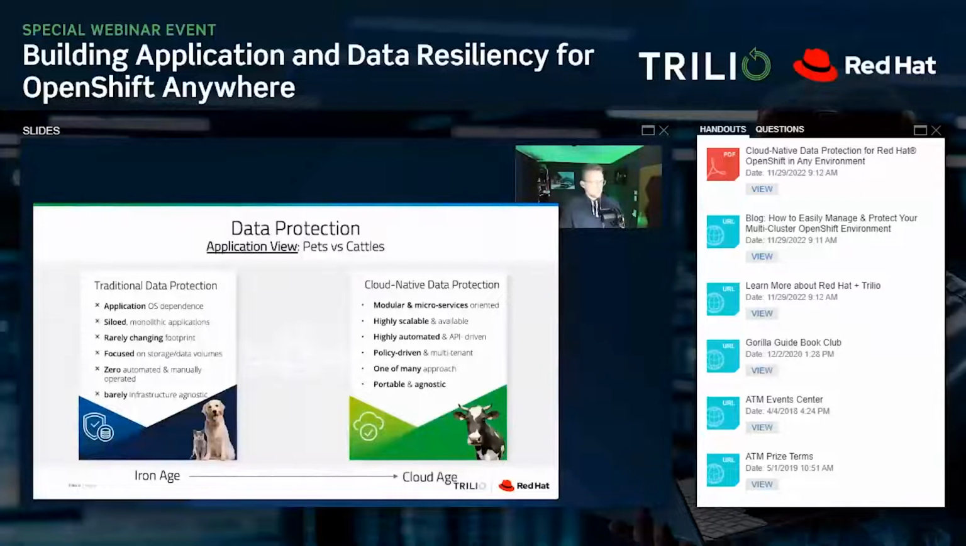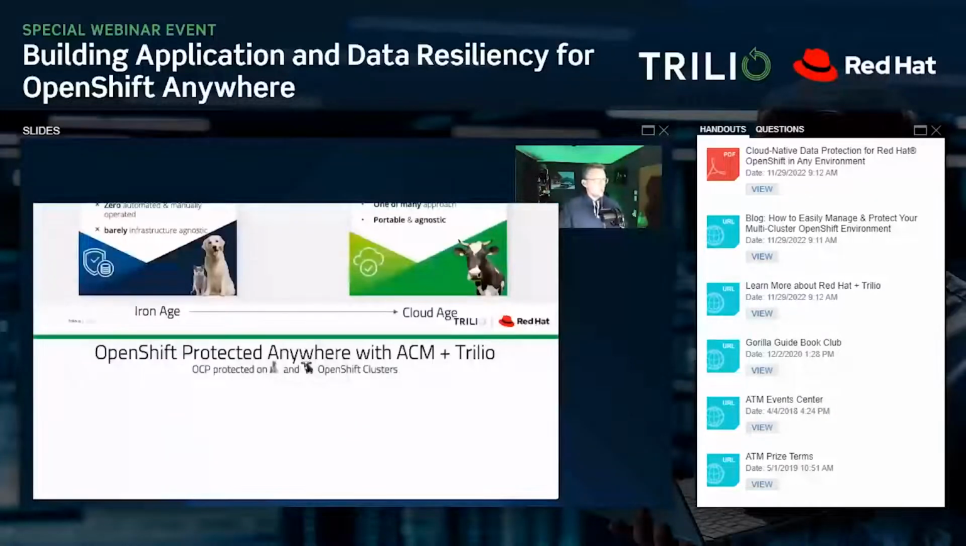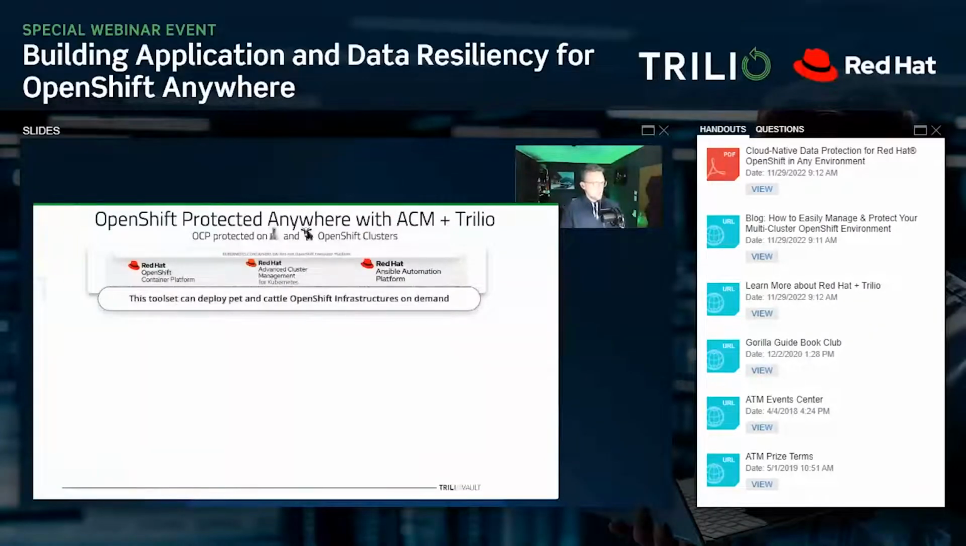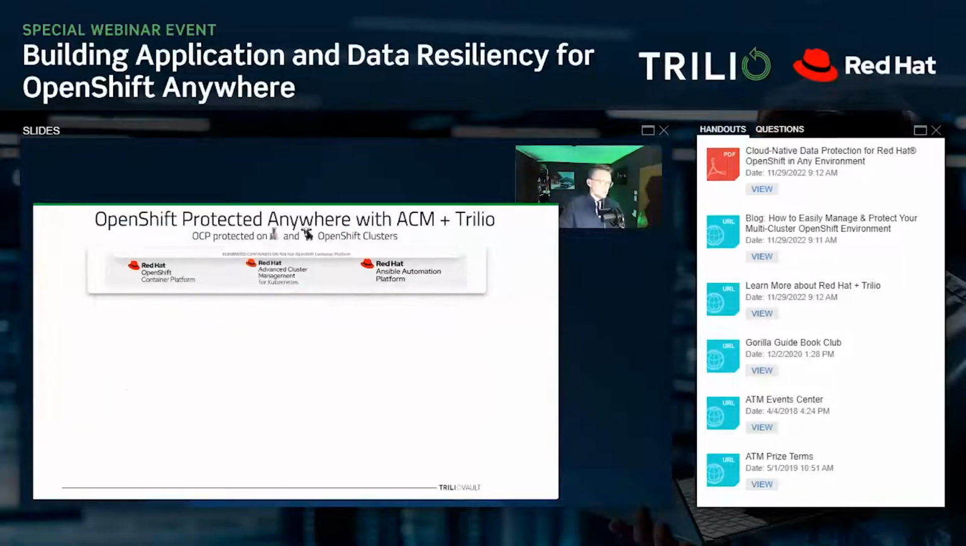And this was meant to be, the focus was meant to be a kind of an application focus. But we are in a different age now because we are talking about clusters. And OpenShift Protected Anywhere with ACM and Twilio in combination gives us the opportunity to have, for example, not only like pet clusters, we could only have cattle clusters because ACM actually automates all of these things. It makes it super easy to deploy all of these things,